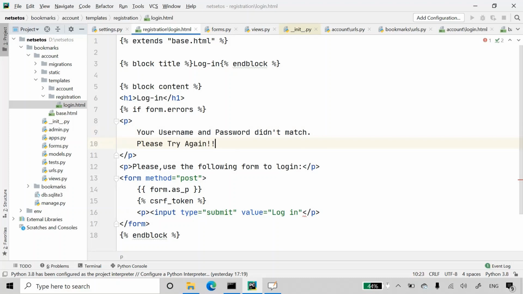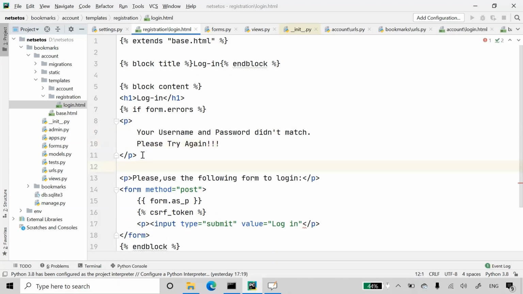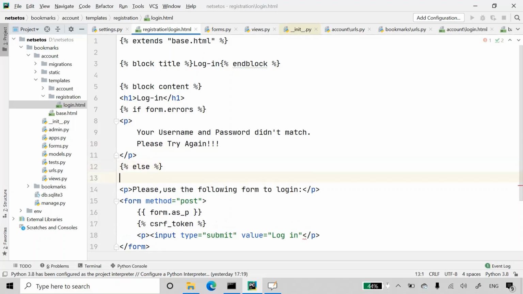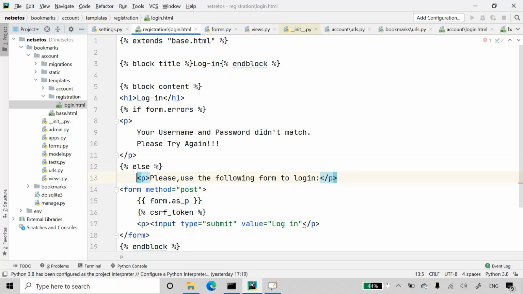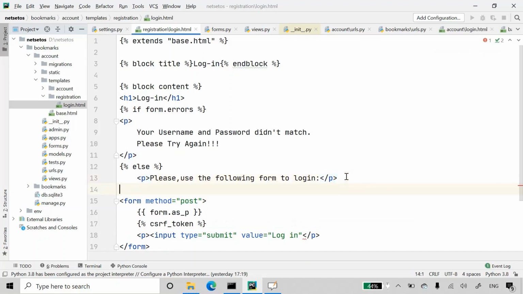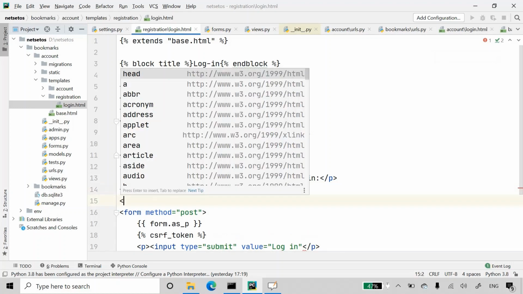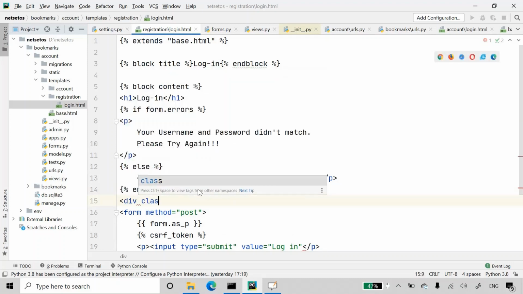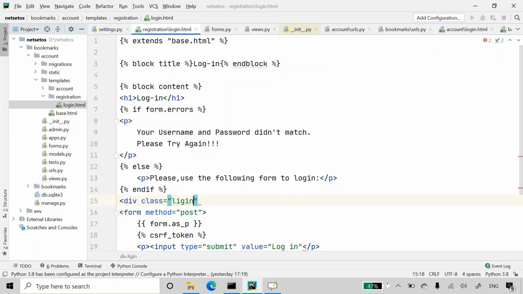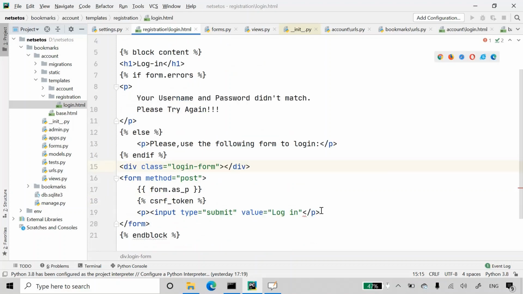Let's give some exclamation mark here, and if there is no error, it will go to the else part and will print: please use the following form to log in. And here our if will end. Then let's keep this in a div class, which will have login form.